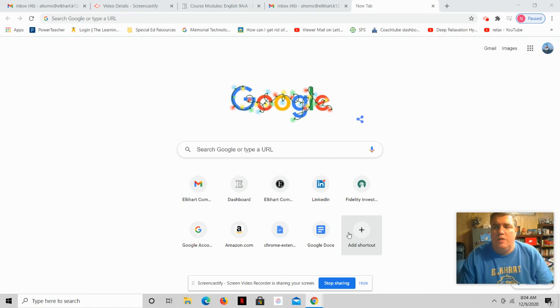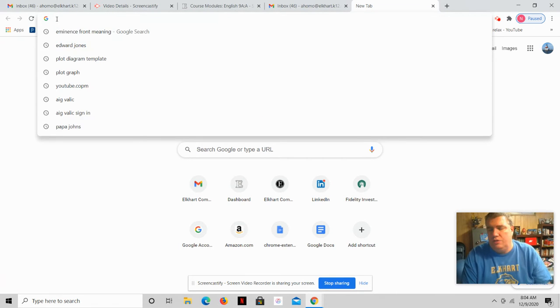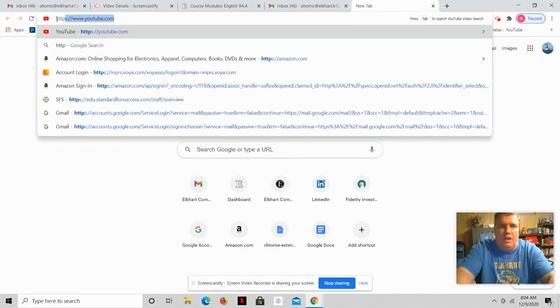Okay, so now we're going to go through PaperRater again, and this time we're going to use a paper that probably has not been plagiarized. I really haven't checked it, but I know the student fairly well, and I figure that the student didn't do that. So the first thing I'm going to do when I go to Google is type in